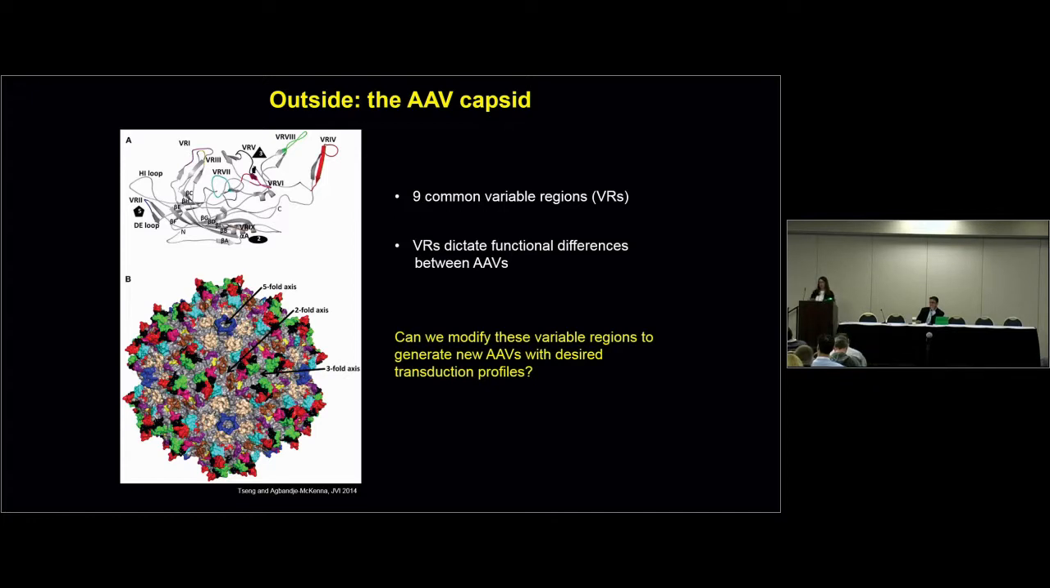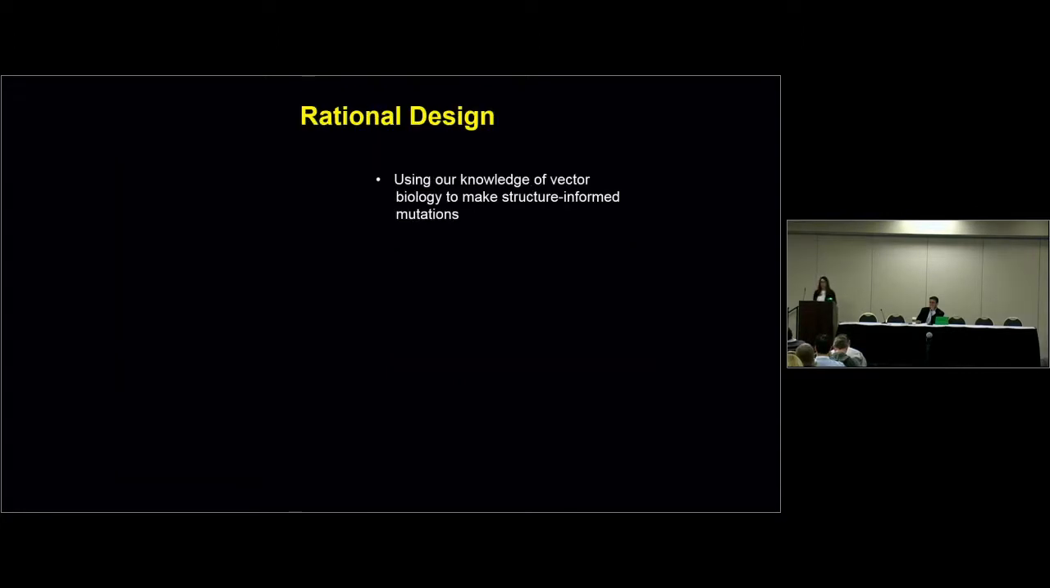So in our case, we want to design AAVs that can get to the photoreceptors following intravitreal injection. So there's a couple strategies that have been used to do this by multiple groups. The first of which is rational design, and this is a technique that was pioneered by my colleague at UF, Arun Srivastava. And basically what he did was he used his knowledge of vector biology to make structure-informed mutations to